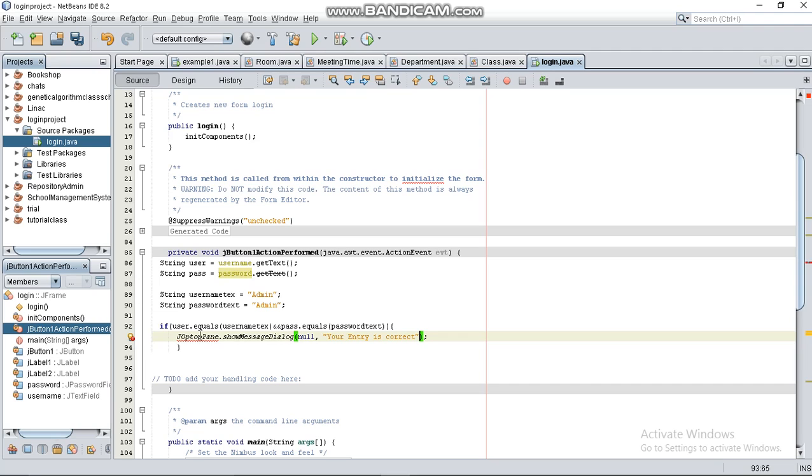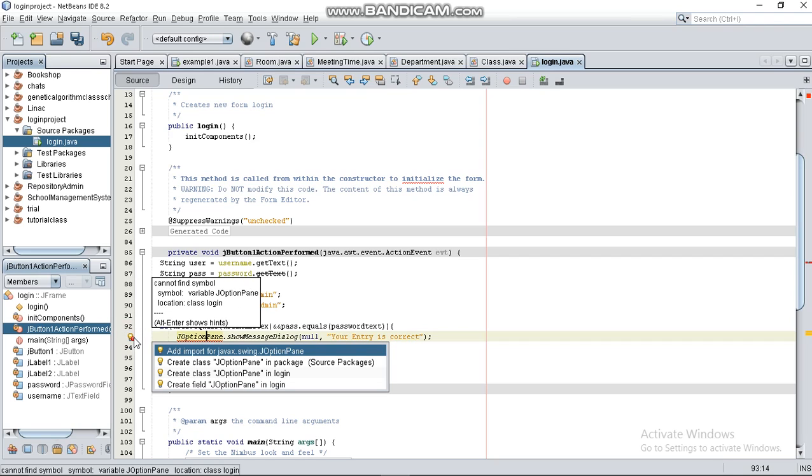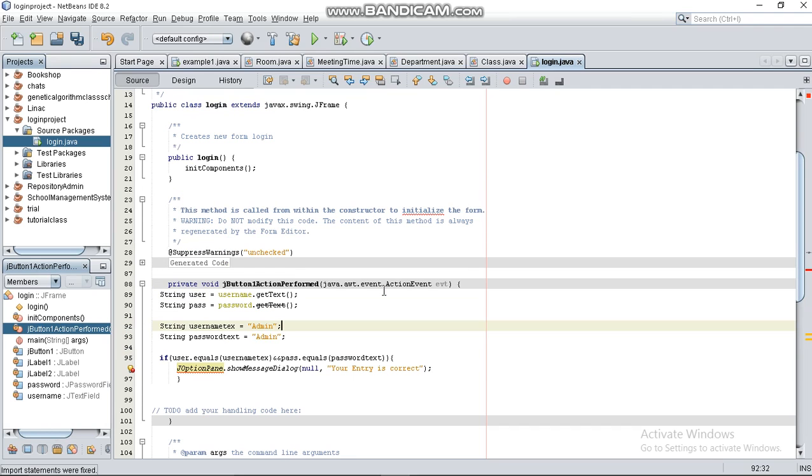It's very simple. Okay, sorry, there was an error here, option. So it has not been imported, the J option pane has not been imported, so we can just either click here and select add import, or just press Ctrl Shift I, automatically fixes it. So now we've told the system that when this happens, say your entry is correct, but what if the user enters the wrong detail? We use else